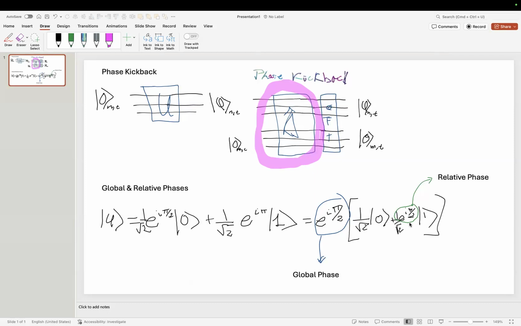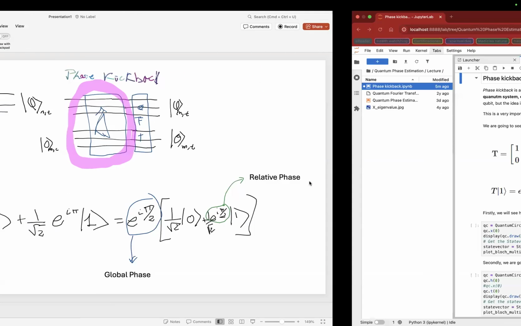I just want to explain the difference between a global phase and a relative phase. So this is an imaginary example I provided so you can understand the difference between both of them. What you have in mind now and is confusing you is because e to the minus iHt is the time evolution operator. It's a quantum gate. Do you get it?